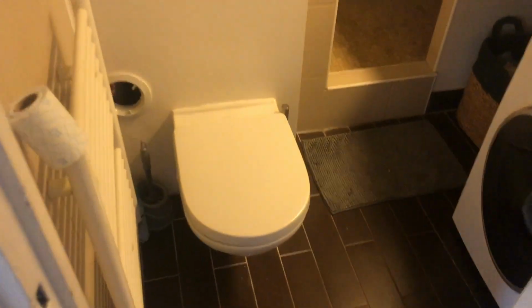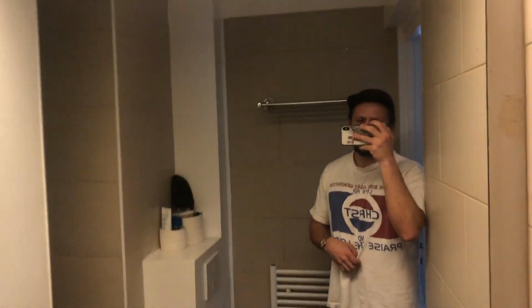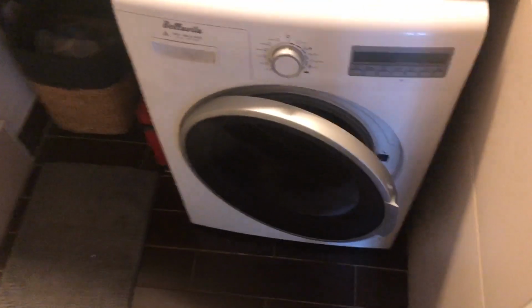Now I'm moving back to the rest of the apartment. Here is the bathroom. Got a toilet, some place to keep your towels, a stand-up shower. It's very nice. Big nice mirror so you can see yourself. A sink, washer, dryer,